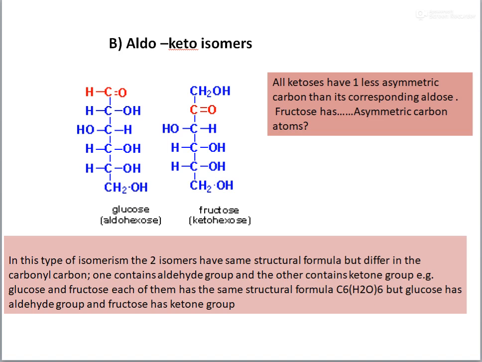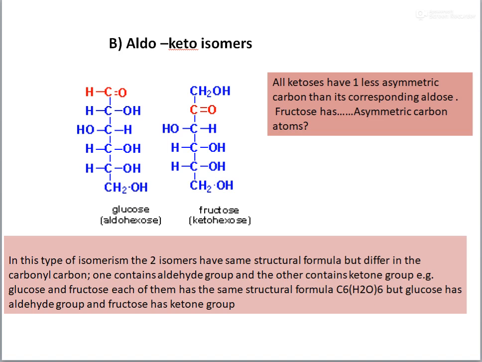Now if you consider an aldehyde and a keto isomer, you can consider it as aldo-keto isomerism. Now what is that? Why is it so? When you structurally analyze these two components, that is, a 6 carbon aldose (aldehyde) and a 6 carbon ketose, you can see that the difference mainly happens at the position of the C double bond O